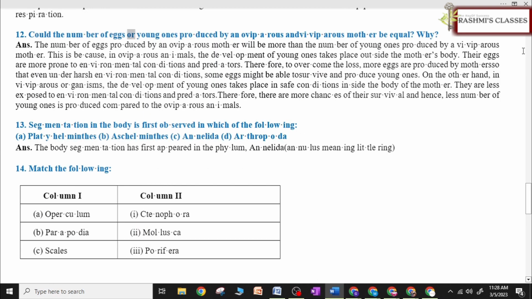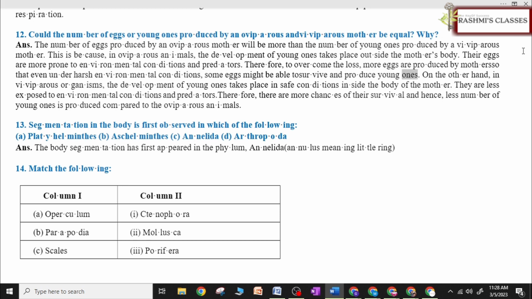Could the number of eggs or young ones produced by an oviparous and viviparous mother be equal? Why? ANS. The number of eggs produced by an oviparous mother will be more than the number of young ones produced by a viviparous mother. This is because, in oviparous animals, the development of young ones takes place outside the mother's body. Their eggs are more prone to environmental conditions and predators. Therefore, to overcome the loss, more eggs are produced by mothers so that even under harsh environmental conditions, some eggs might be able to survive and